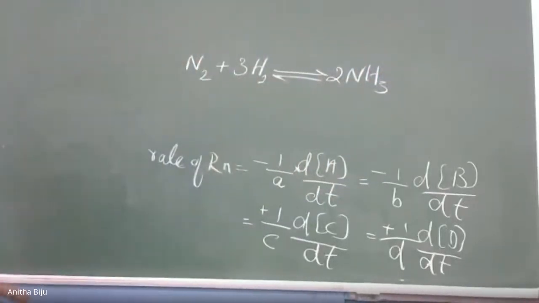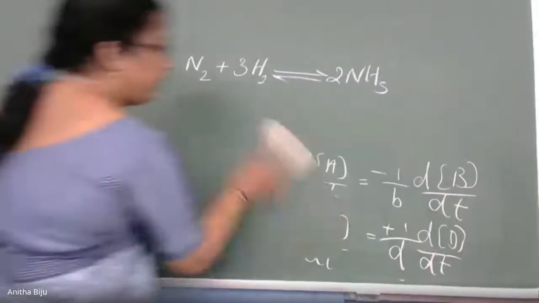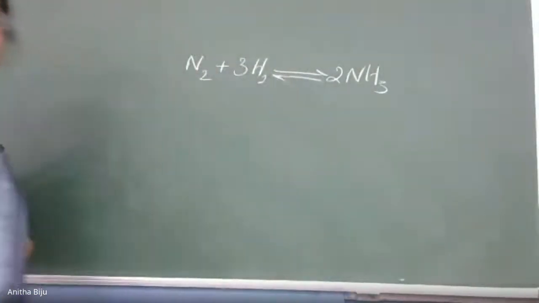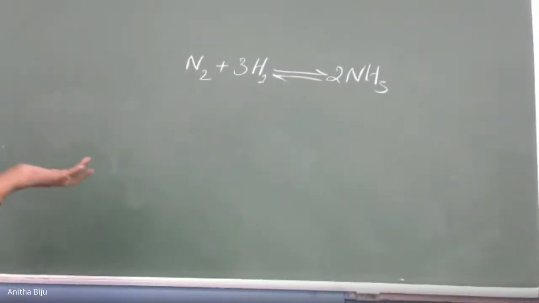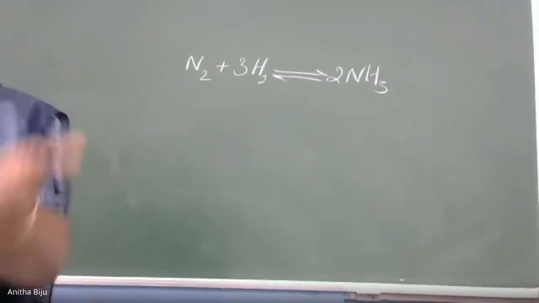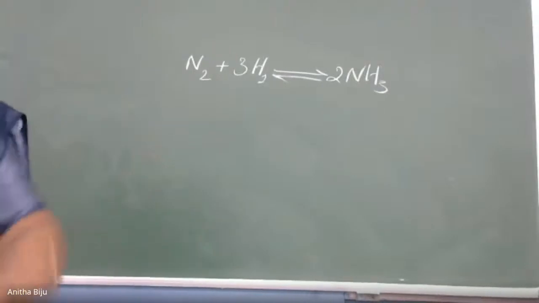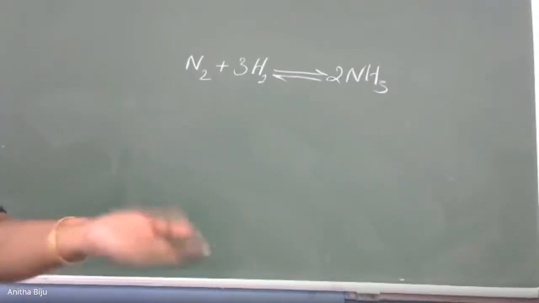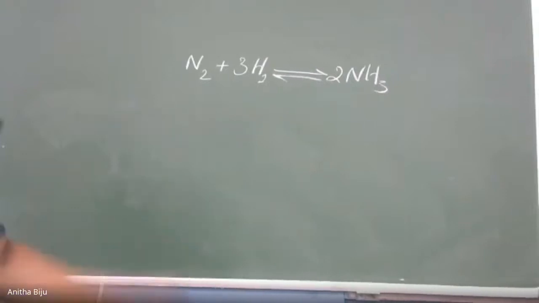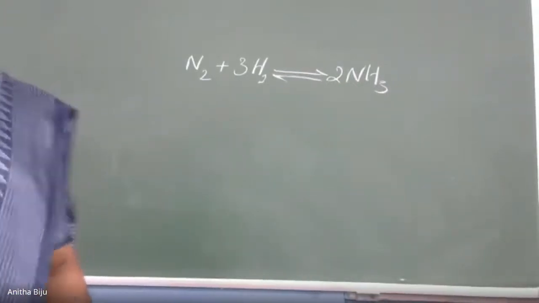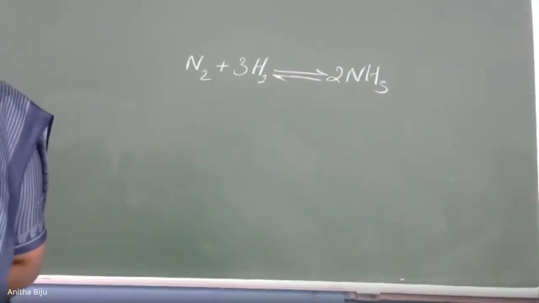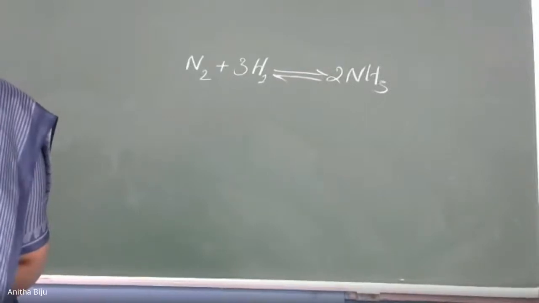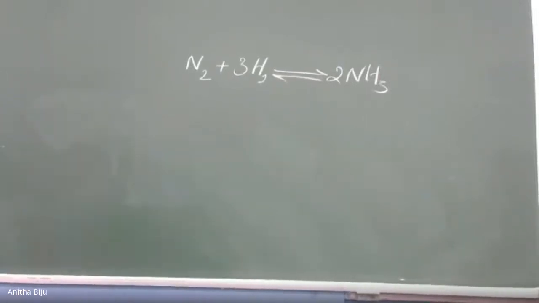Okay, we will try to write this reaction rate in terms of instantaneous rate. We are talking of instantaneous rate, the rate of the reaction in terms of nitrogen, hydrogen, and that of ammonia. Try to write in 1 minute. After that, I will write it on the board and you can correlate your answer with the exact correct answer. Okay, try to do it, all of you. If you have completed, simply mention D in the chat box.